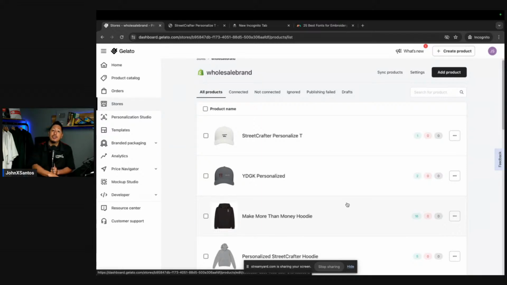Because with print on demand, you are limited on how expensive you can sell something. And sometimes, like you saw this hat, this hat was like $16. So if you wanted to sell it for $25 or $20, you aren't going to make much money. But if you allow personalization into it, now you can sell it for $27, $35, depending on how hyped you can market your brand. So the question here is,